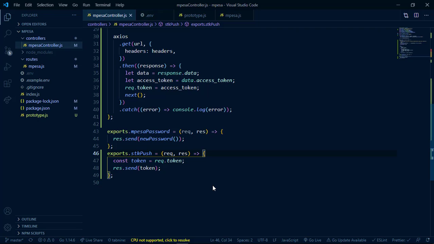So welcome again guys to a Node.js Express M-PESA integration tutorials, and this is part 6. So in this part 6 we are going to do the STK push method. Well, what is STK push? So if you go to the M-PESA